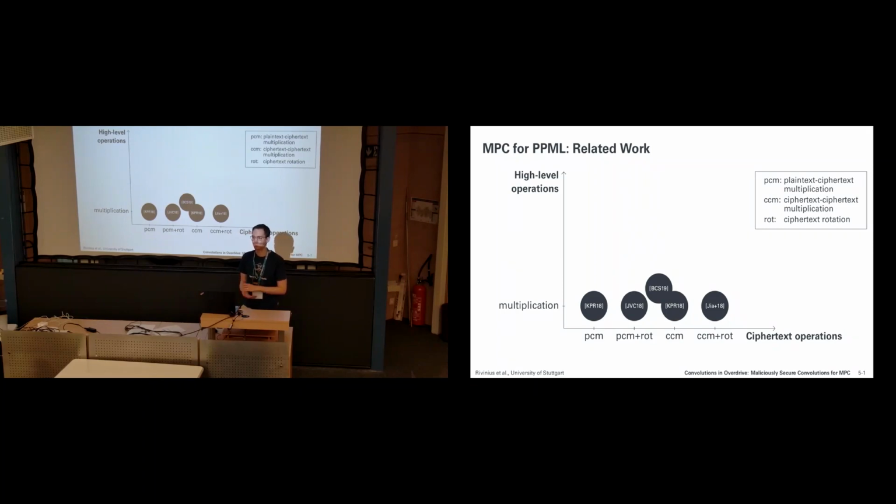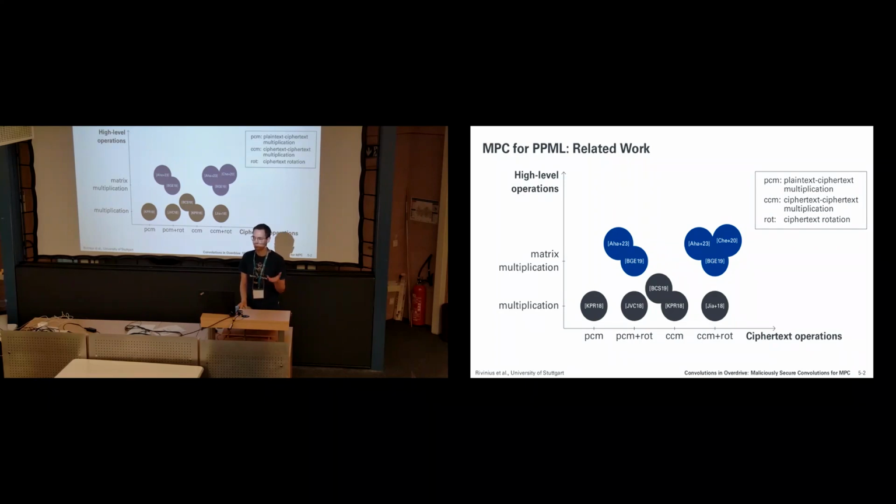Here is a more detailed overview of the related work. As a base, there are protocols that directly do the multiplication, and there are different ways you can implement that. For example, a lot of work just uses homomorphic encryption. The first part is plaintext-ciphertext multiplication: you can multiply a plaintext with a ciphertext. Also ciphertext-ciphertext multiplication, which is a more expensive operation, and so-called rotations, which operate directly on the ciphertext and also have some overhead. We later try to avoid these.